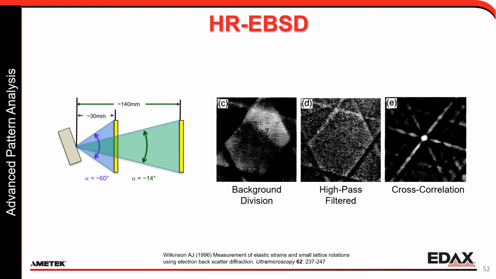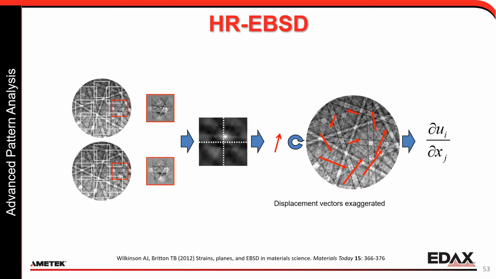from different patterns. He took that a step further and applied different regions of interest within a pattern, and then did a cross correlation between different pairs of regions of interest to find the displacement of the zone axes or the bands essentially when they're strained. And from that you can calculate a displacement vector. And so really this, to my mind, is advanced pattern analysis, at least more so than what we typically do